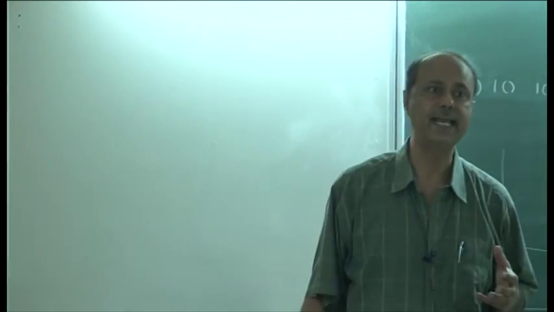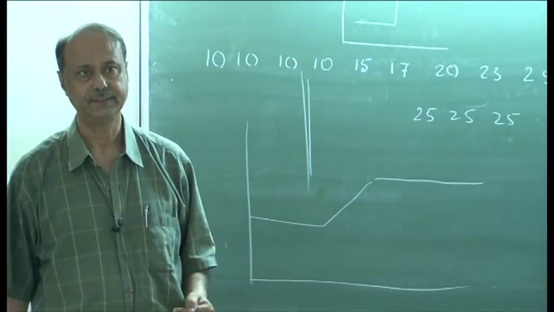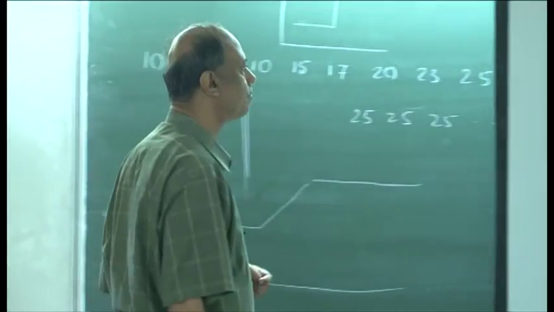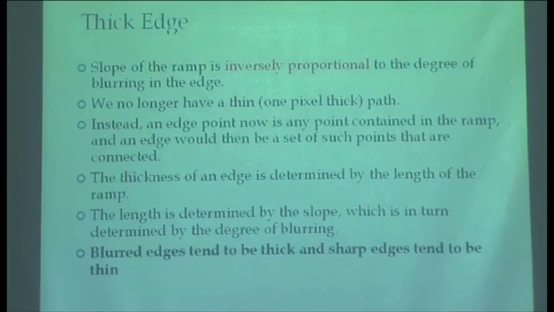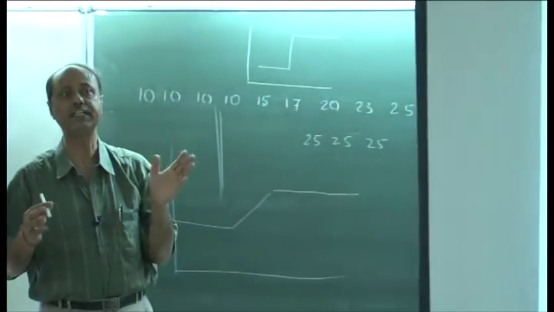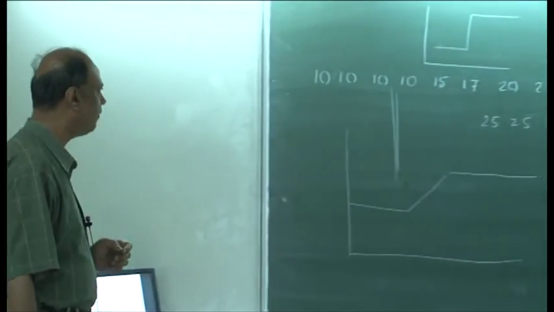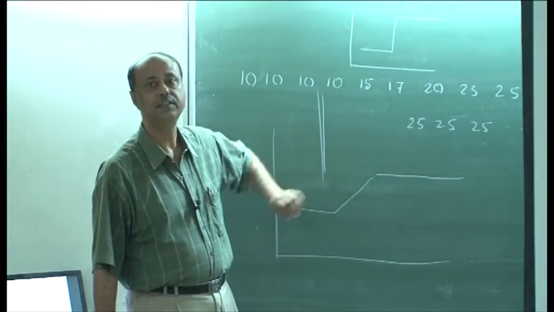Now, you can tell this is an edge when you have several such points which are connected. That will give you an edge, otherwise it will be noise. Just one point and just a jump, it is noise, right. Now, what is the thickness of your edge? Because as I told you, if it is a sudden jump, then there is 1 pixel difference, the thickness is a single pixel. Otherwise, if it is of this ramp type, then the thickness of the edge is the length of this ramp.